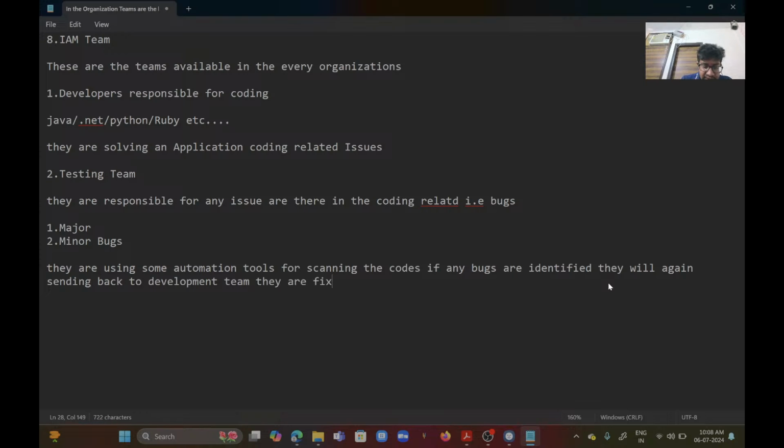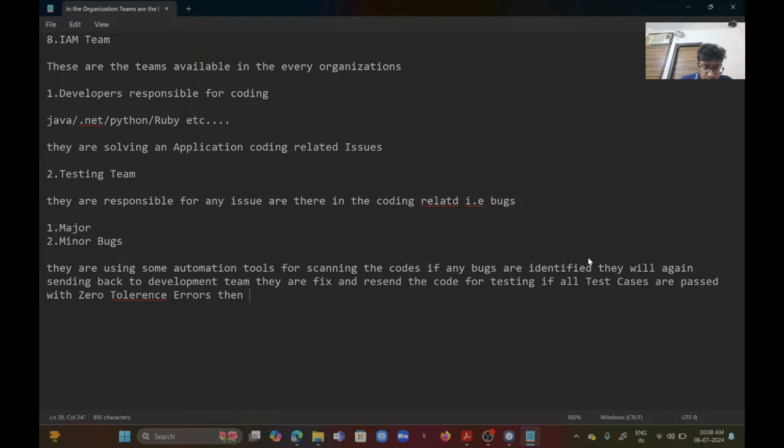They fix it and resend the code for testing. If all test cases pass with zero tolerance for errors,